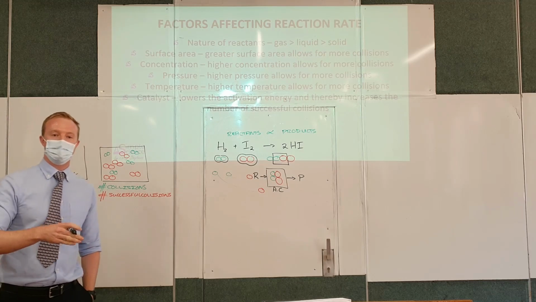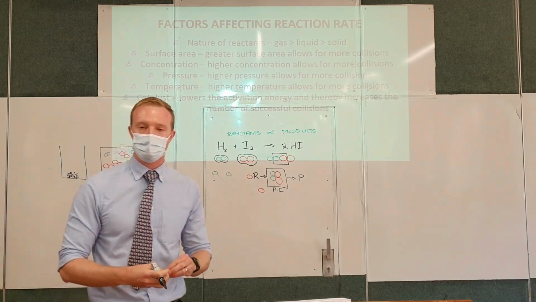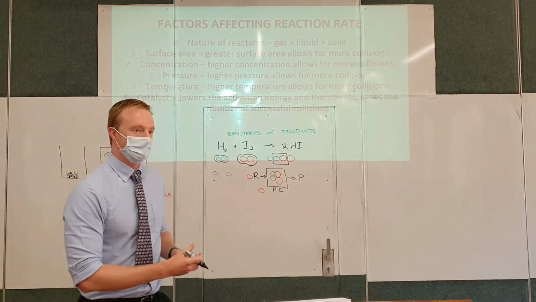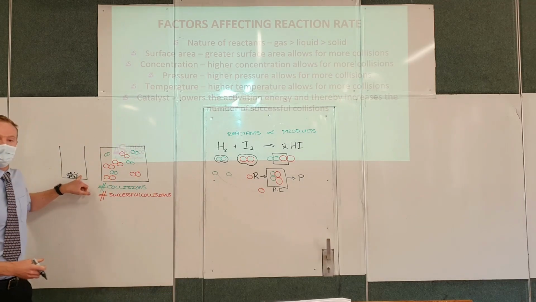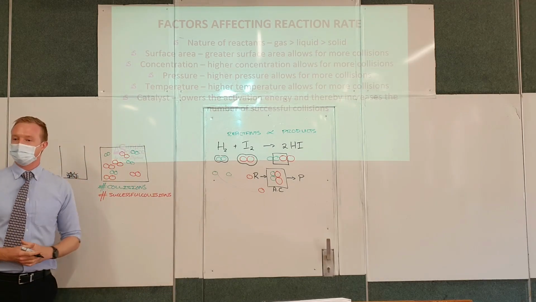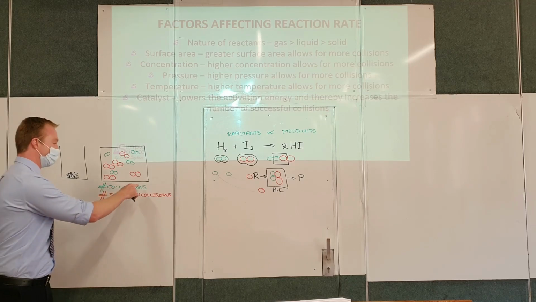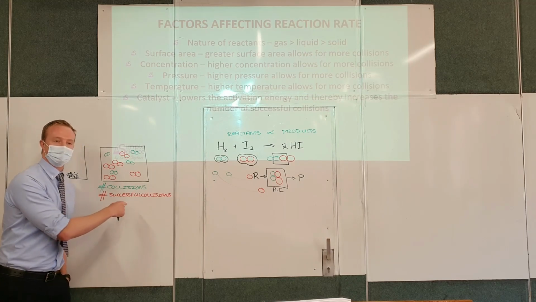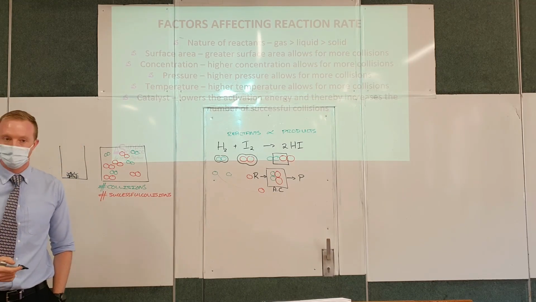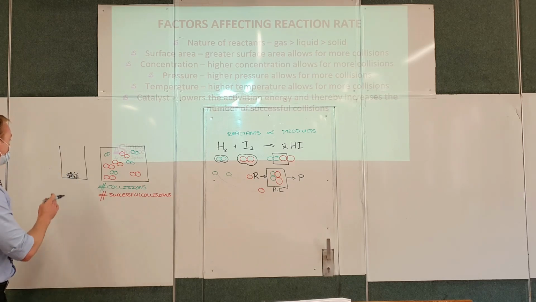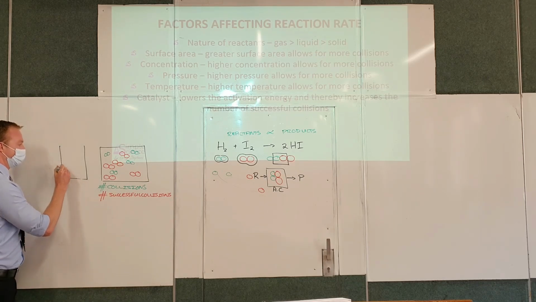All the millions and billions of particles that are trapped in the middle of that solid cannot collide. So when we have a solid, our number of collisions is going to be dramatically lower. Because the number of collisions is lower, the number of successful collisions is going to be lower. We can then extend that logic to say, if we have a liquid substance,